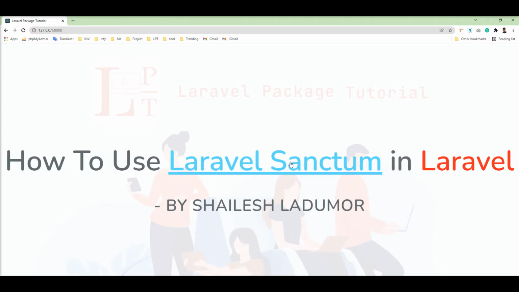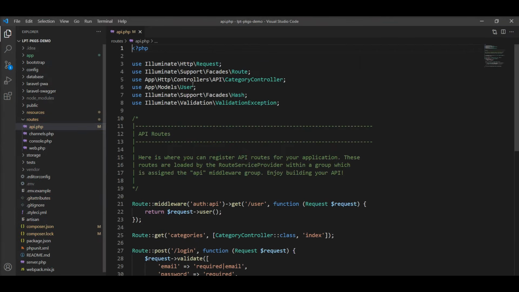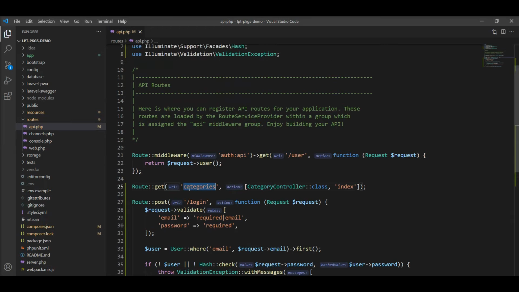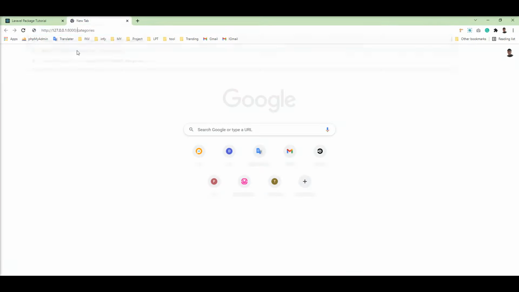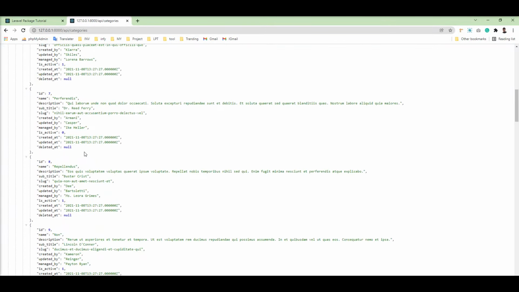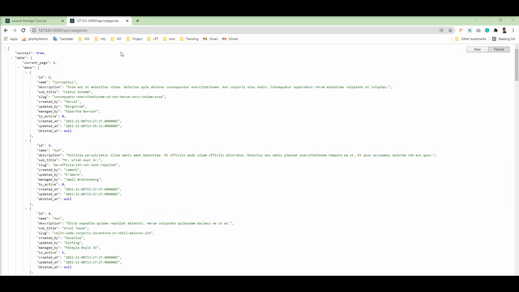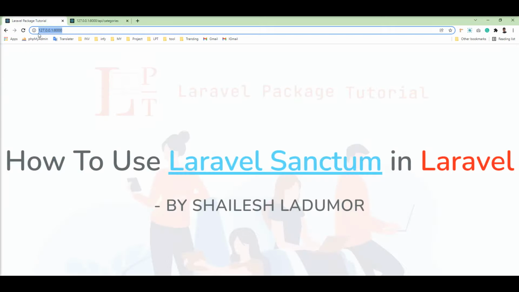But before proceeding, I want to show you something. I have created one API for the category, and you can see here, I want to call this category API and show you the result. You can see here data appears without any authentication. So I want to add authentication in this API, and only users who have a Sanctum token can access this API. So let's try. First of all,